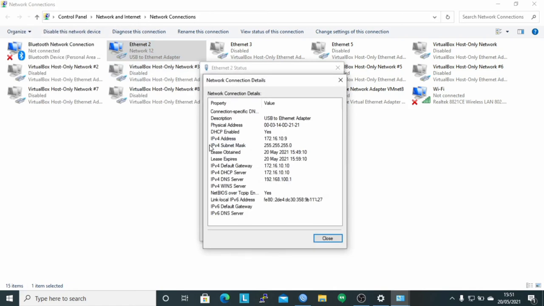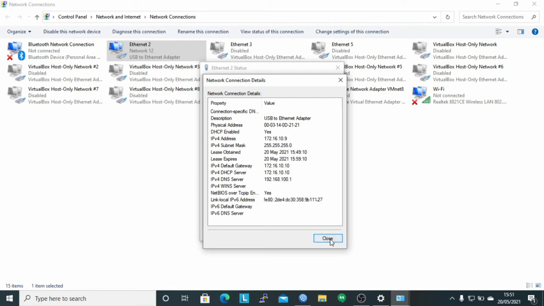It can be seen that the client gets the IP address from the DHCP server, namely 172.16.10.9, and the IP gateway, namely 172.16.10.10.